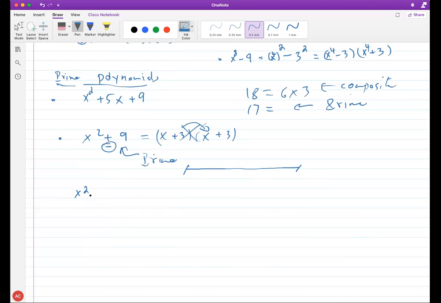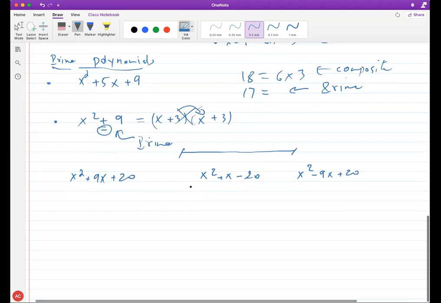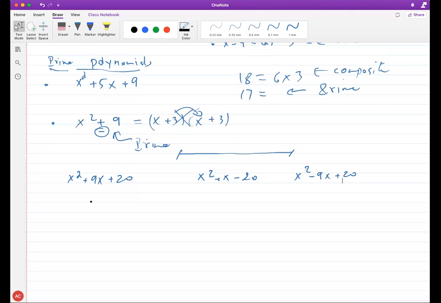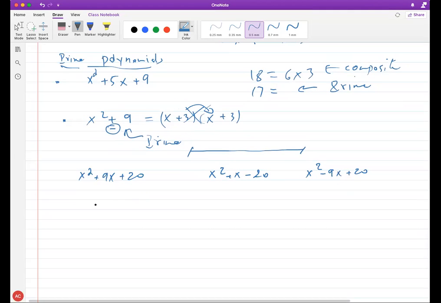So x to the second plus... Okay, so try these trinomials and also